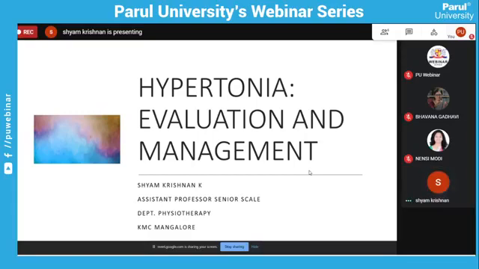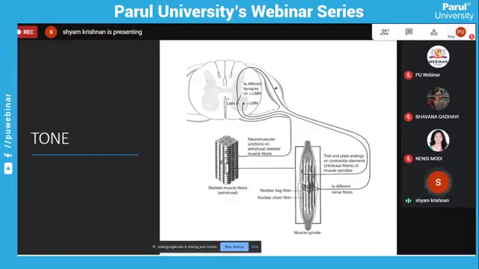So to start with, this diagram you would have seen in your physiology textbooks, you would have come across this multiple times. And I believe that most people just skip this diagram, because to look at it is quite scary. But ultimately, this is essentially what we are dealing with. So it looks confusing, it looks scary, so let me try to simplify this so that it's easier for us to understand. So first we'll see what exactly is tone.